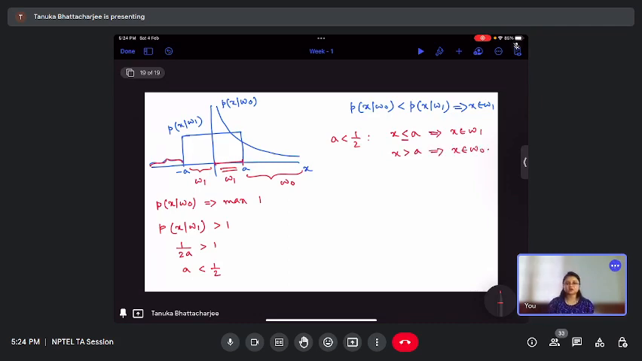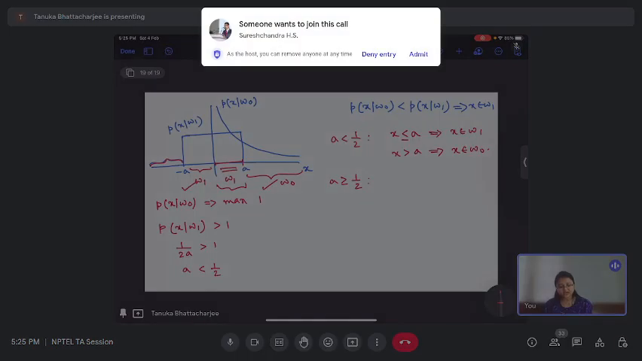This is the classifier if your a is less than half. Now, what is the case if a is greater than or equal to half? So, these regions, this and this, remain the same, because there is no confusion here. Only confusion is with this region. Here what will happen is, you will assign to class omega 1, you will do this